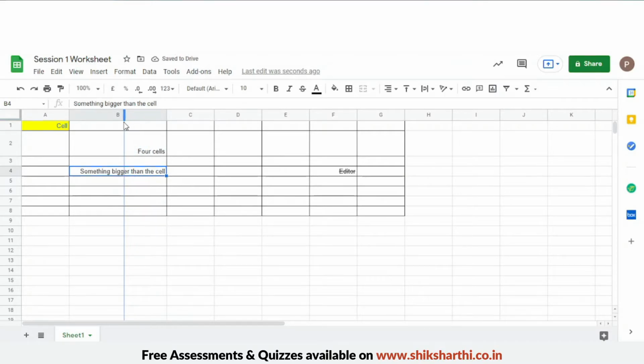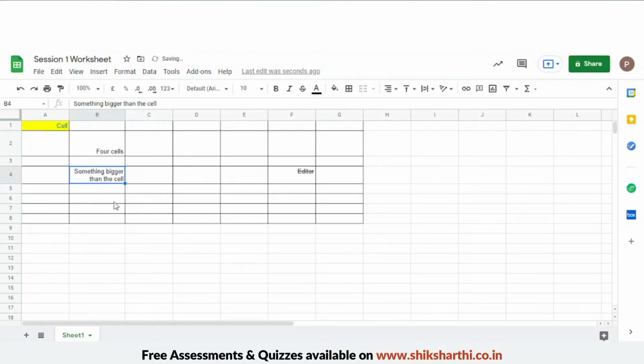Whenever the column size is small, it shows the remaining text on the next line. So now it appears in two lines. If you have something more to type, it just goes to another row.